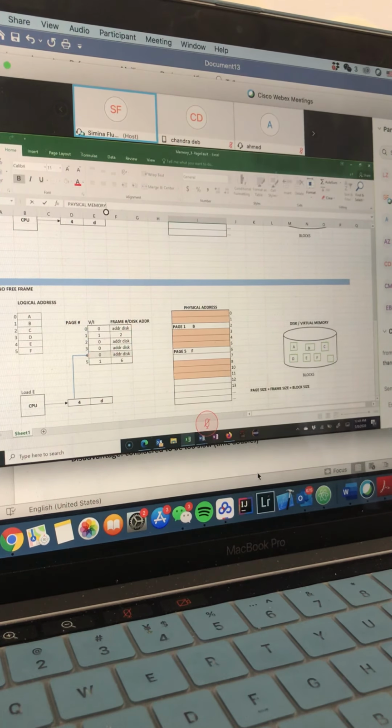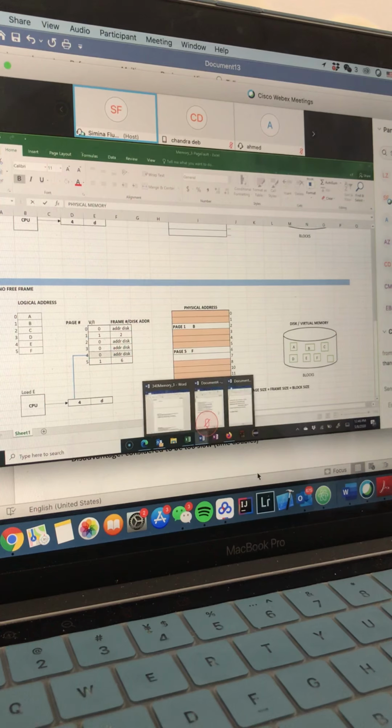Okay, so having no free frame again has 2 meanings. We're going to consider that we use local allocation. We're going to consider that our process is limited to 2 frames, already has the 2 frames used, and now we need to bring our page into the main memory. So we will have to bring our page into one of these 2 frames, and we're going to pick one of them. So let's say we're going to pick frame 6. We're going to name this frame the victim frame.